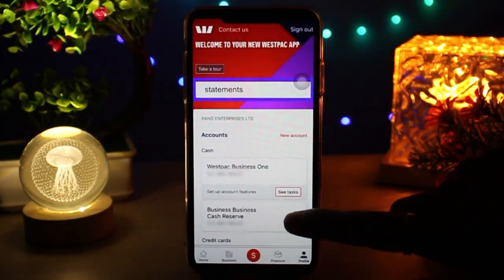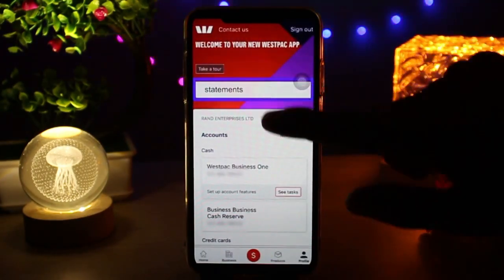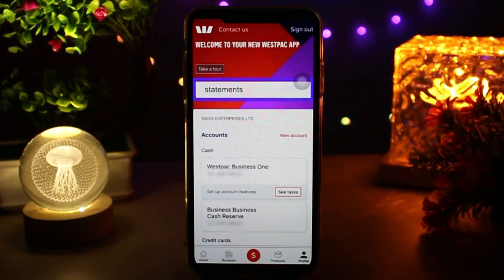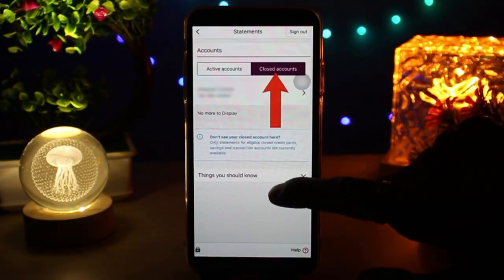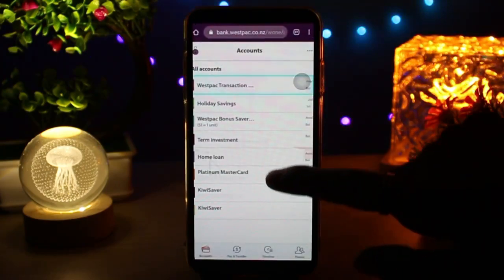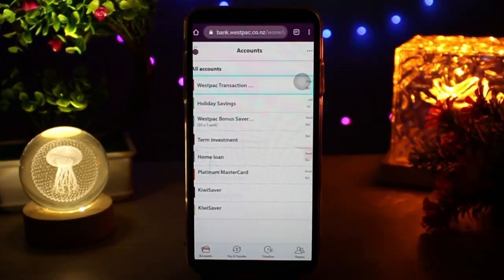and once you are there, what you need to do is select the option statements, or you can just tap on the search bar, then type in statements and then simply select the statements option. And once you're inside there, all you gotta do is select the account, and then once you're inside the account, simply select the transaction or statements that you want,